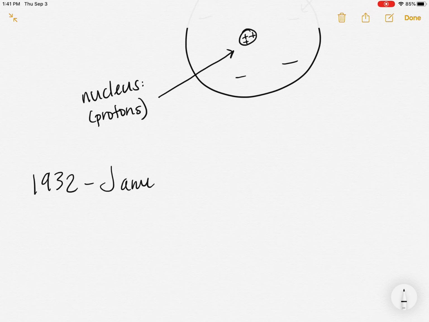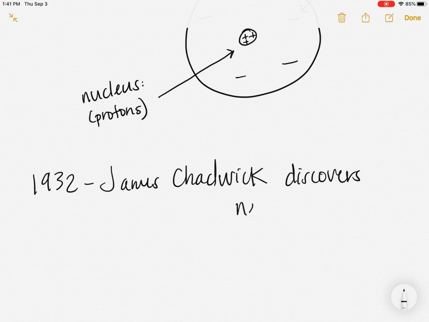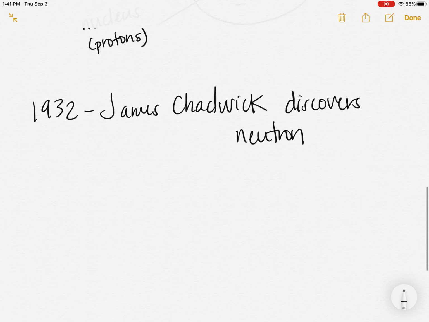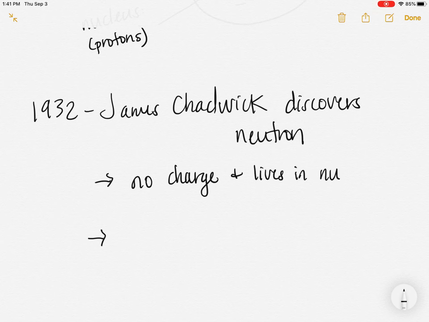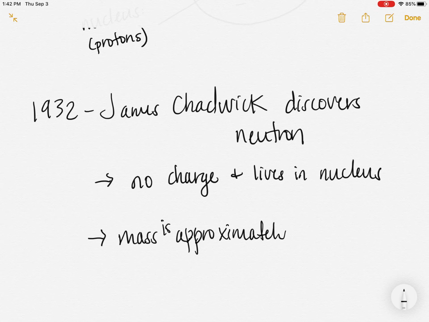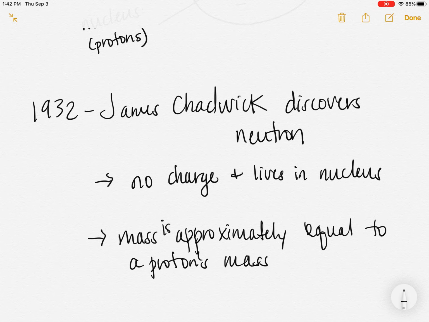It was about 20 years later, in 1932, that a scientist by the name of James Chadwick discovers the neutron. And we learn a couple things about the neutron. It has no charge, and it lives in the nucleus. And its mass is approximately equal to a proton's mass,